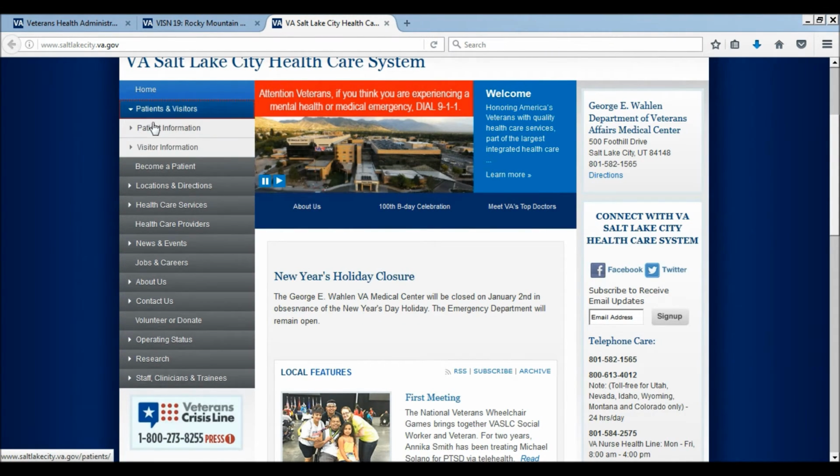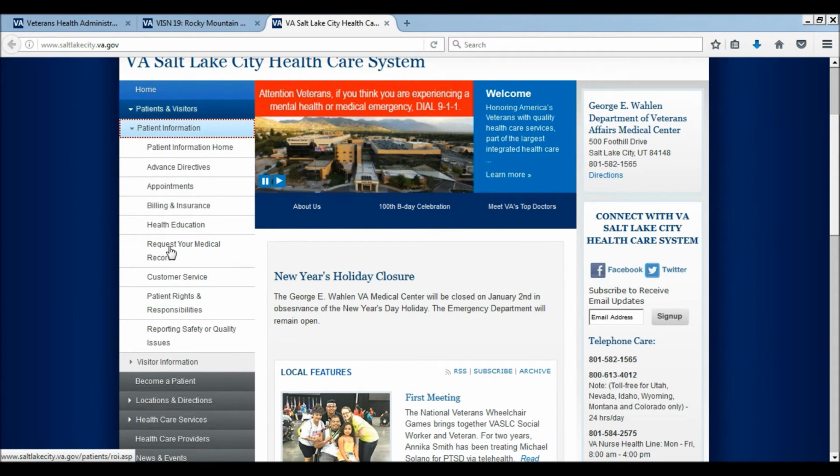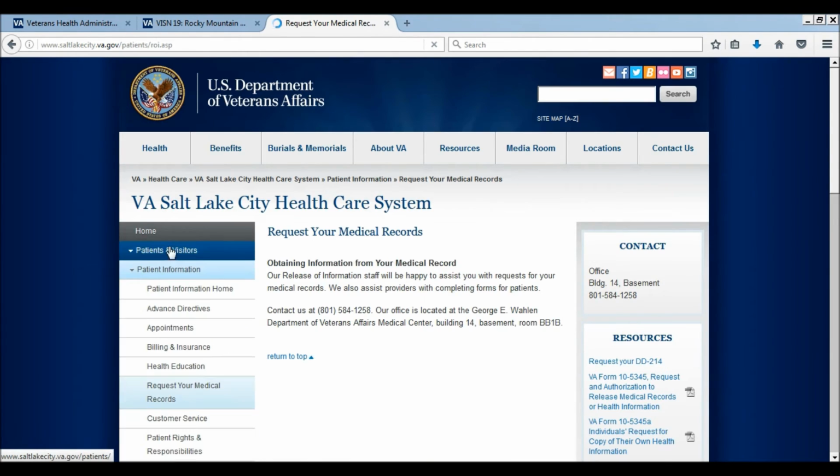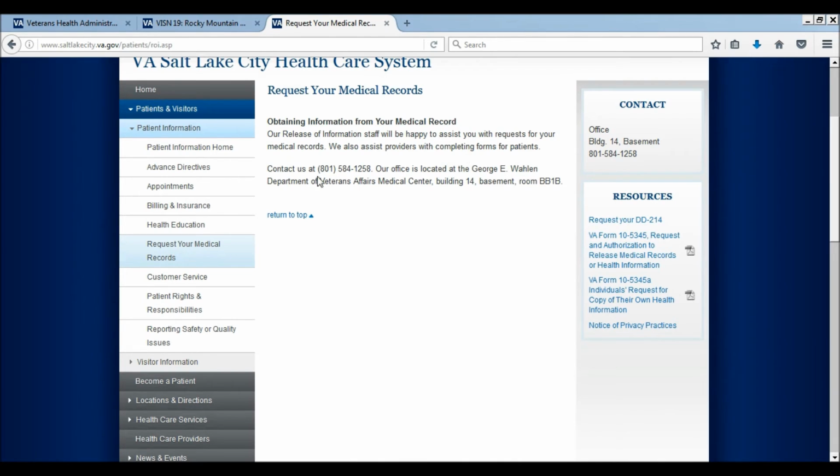You click on Patients and Visitors, Patient Information, Request Your Medical Records, and there you go. The VA healthcare system in Salt Lake City has a phone number versus a mailing address. And again, there's the 10-5345 and 5345A form. So that's the general idea.